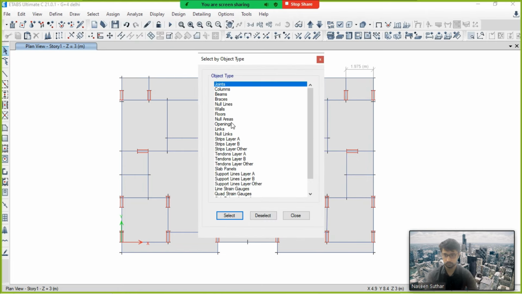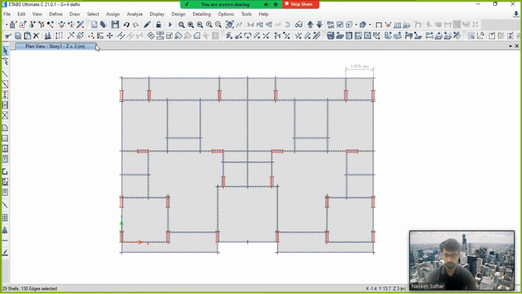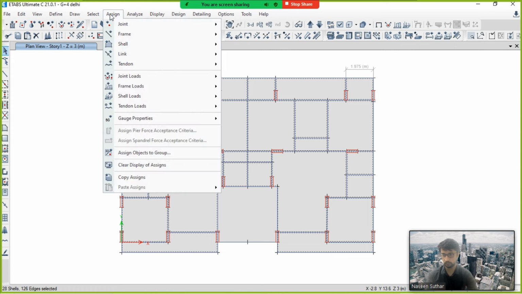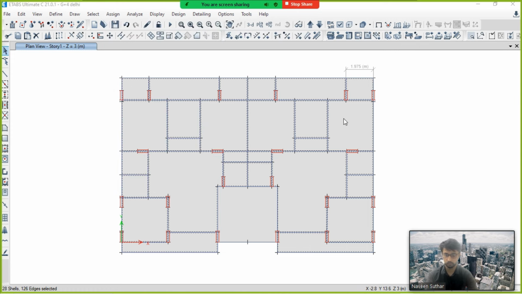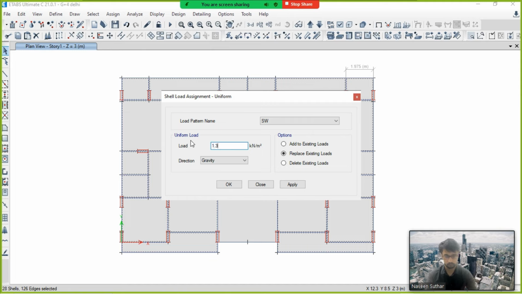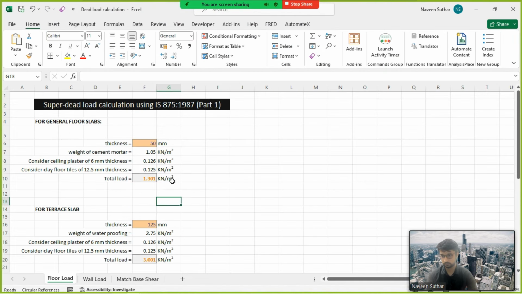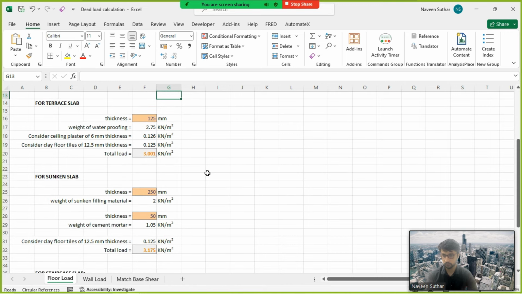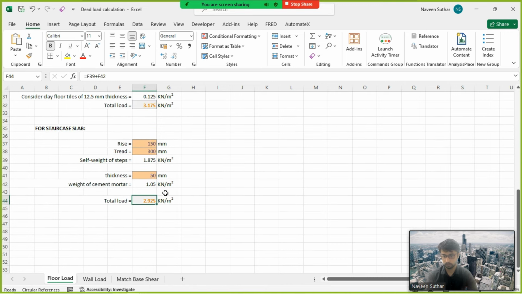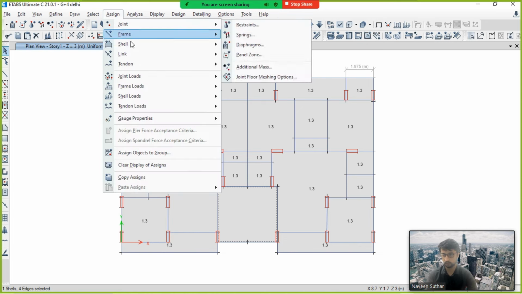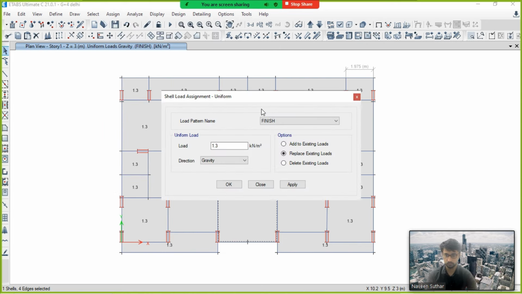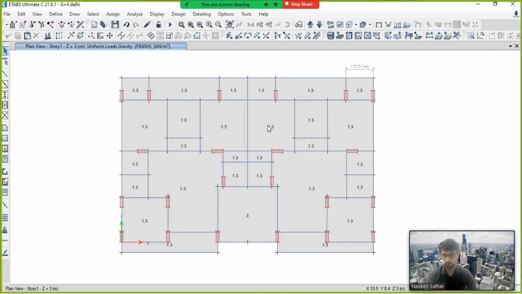object type, slabs here, floors, select the slab, and then we will assign instead of staircase. Okay, assign shell load uniform and it's 1.3. It should be in finish. Okay, floor finish and apply. And now we will again go to this and for the staircase slab it is around 3. So we will assign shell uniform and we will assign 3 here for finish and apply. Okay, and